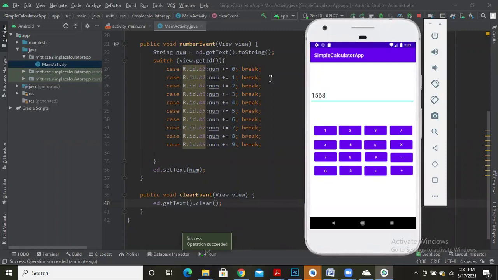Let me cross verify whether the button C is going to work perfectly by launching the emulator. I had launched the emulator, I had typed a number onto the edit text field. Let me click on button C. You can see the values are cleared with a default hint as 0. So the button C is working perfectly, and the digits specified for each button are going to work perfectly. Now we need to add, subtract, multiply or divide, which means we need to provide functionality for the buttons plus, minus, multiply, division, as well as equal to. We'll do that now.